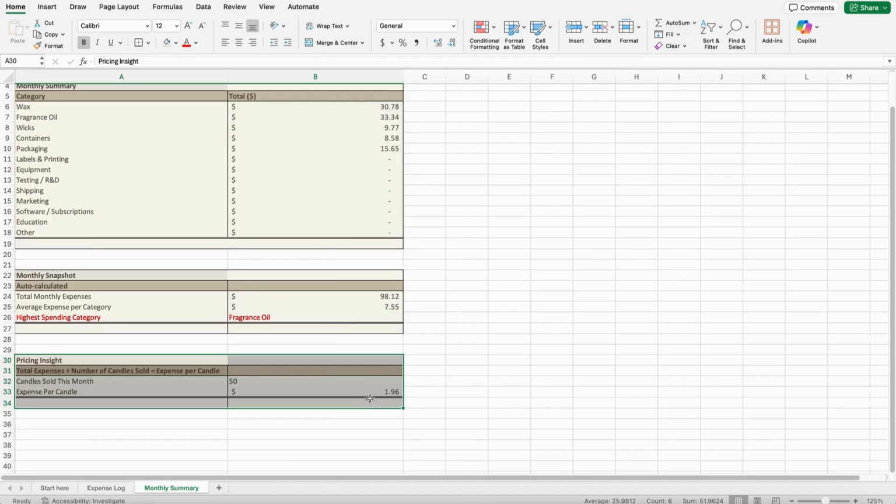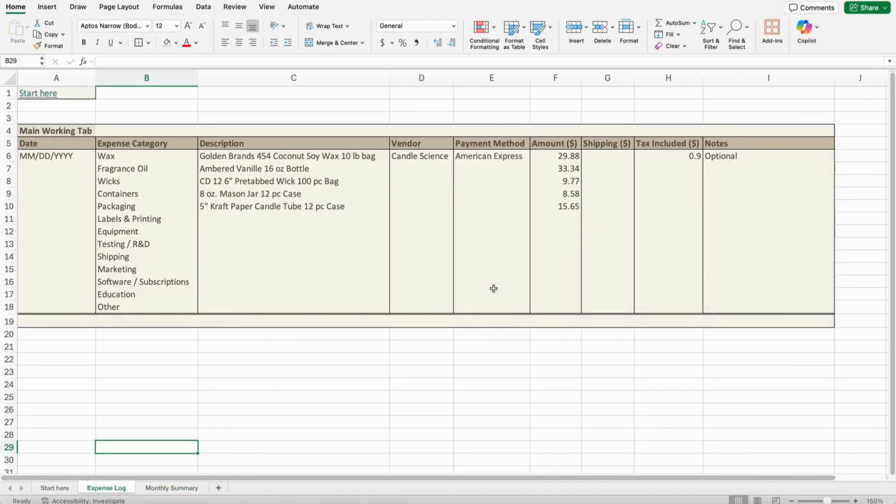This part is optional but powerful. If you enter how many candles you sold this month, the template calculates your expense per candle. This helps you price with confidence instead of guessing. For example, if I were to change this number to 60, here you'll see my expense per candle will be 164. If I were to go back on my expense log and change or add in a number here, let's